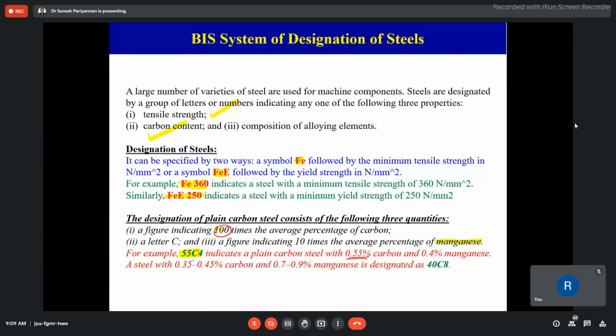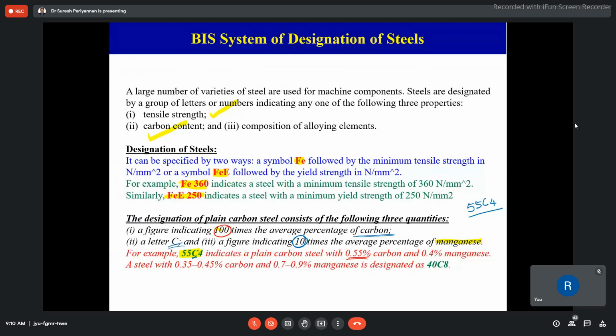Now this is carbon. The notation letter C is followed here. I mean, percentage of carbon. Yeah, the notation letter is carbon C. Now 4. Here 4 is referring to manganese. Here 4 divided by 10. This is 0.4%. Now I can tell that if I simply put 55C4, it is nothing but 0.55% carbon and 0.4% manganese. As engineers, we should understand this definition while defining our material.